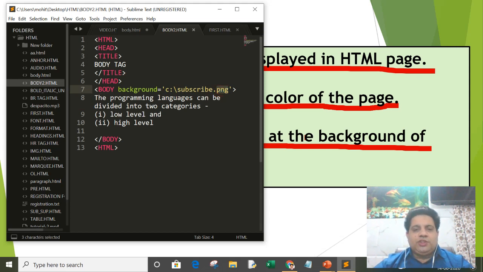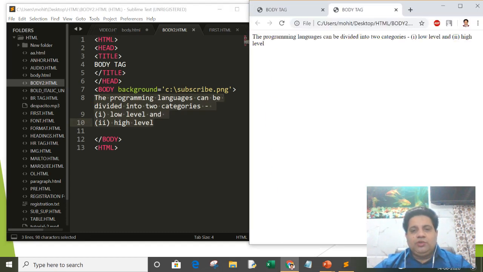All the browsers support various image files such as .png, .bmp, .jpg, .tiff, .gif. So here I am using a png file. Now if the size of your image is small, then it will be displayed tiled, the picture will be displayed in the background in the form of tiles. It means several pictures will be displayed, and above those pictures your text will be displayed. Okay, so let's run this program and you can see the output.